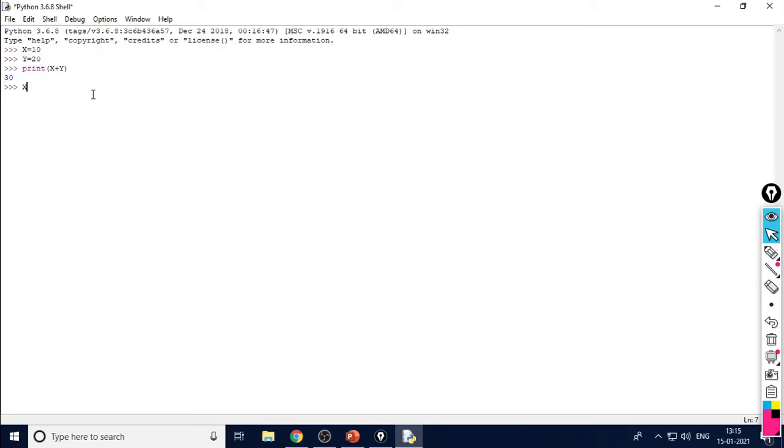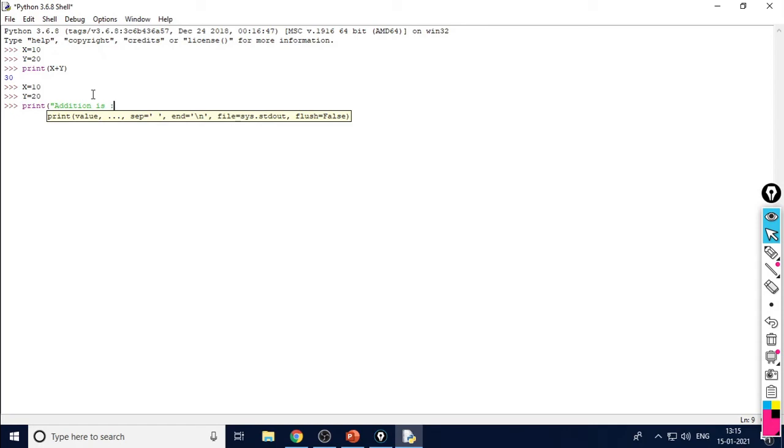Suppose we want to write the addition differently, we can use text within the print statement. So x is equal to 10, y is equal to 20. Then write the print statement like this: print, bracket, within quotation marks, "Addition is:".